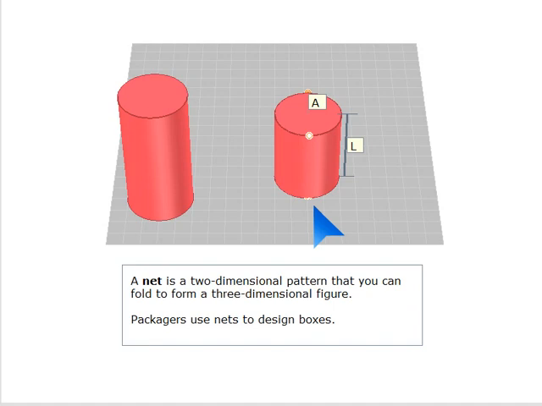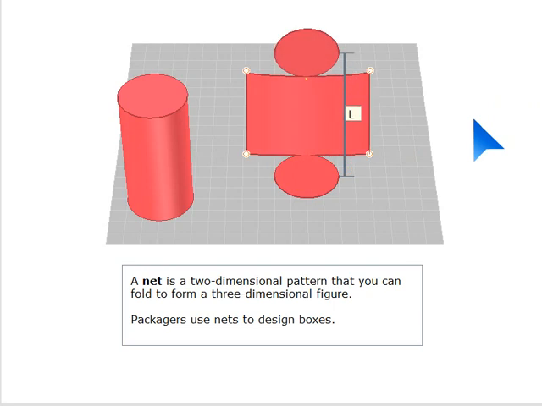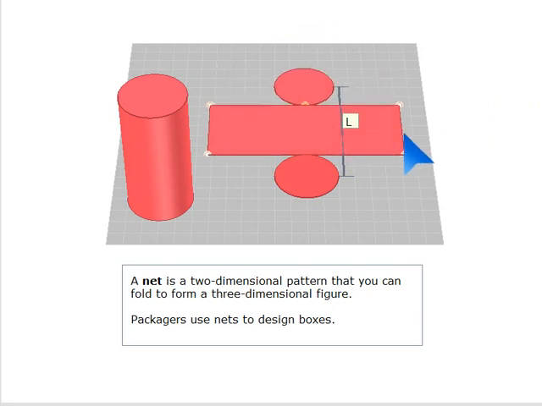Now if you want to calculate the surface area of this cylinder here, you can use a net. For example, if this were a can of milk, it would have a label wrapped around it. Now that label, when you unfold the label, when you flatten it, it will be in this form,